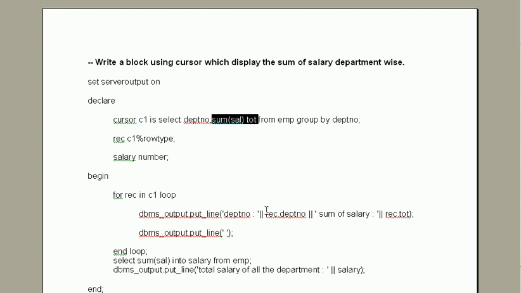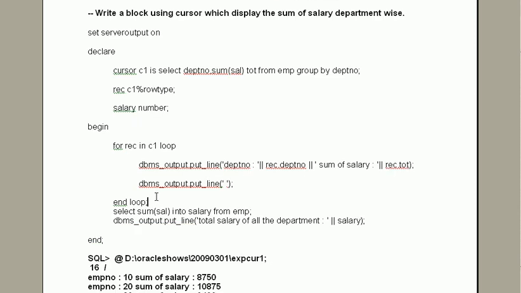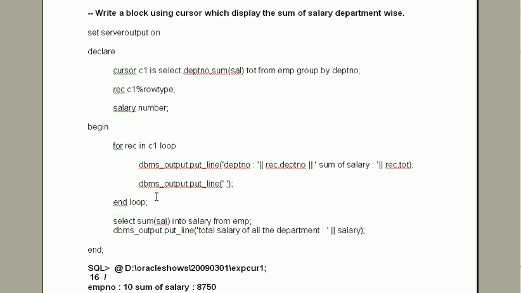So I have to write REC dot department number and REC dot total, and here we are ending the loop. Every line in the cursor will be printed.